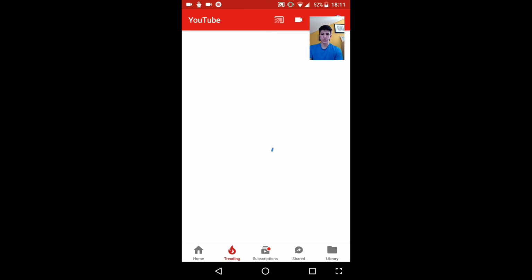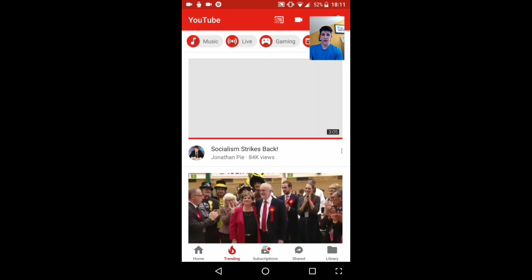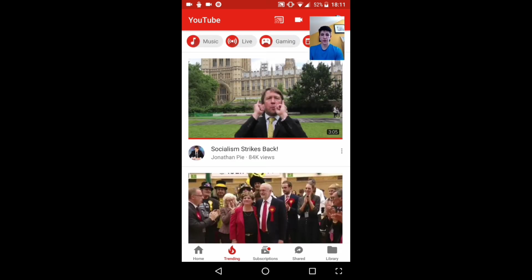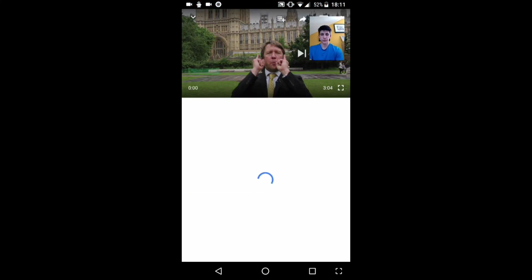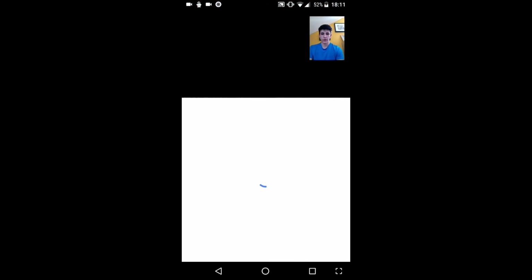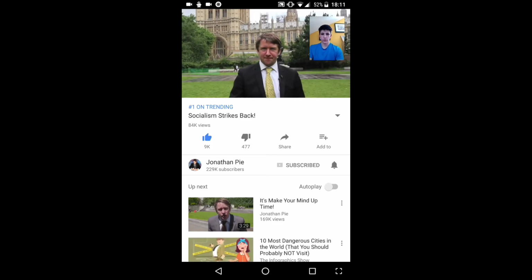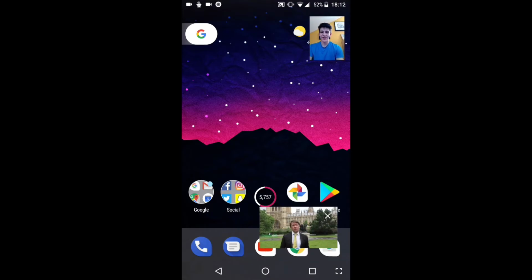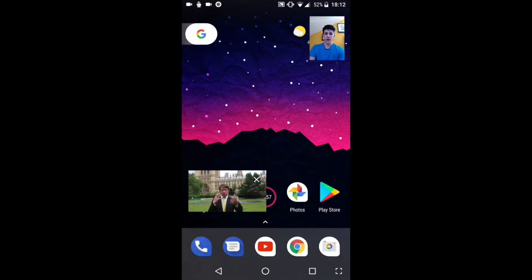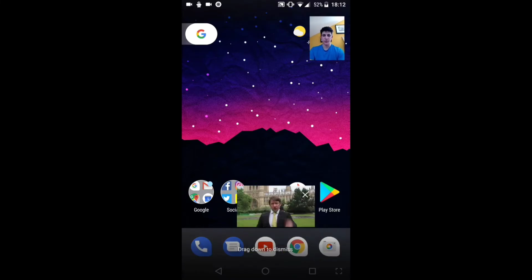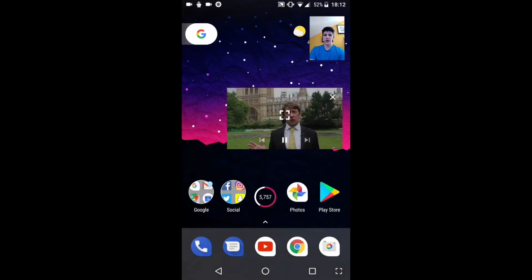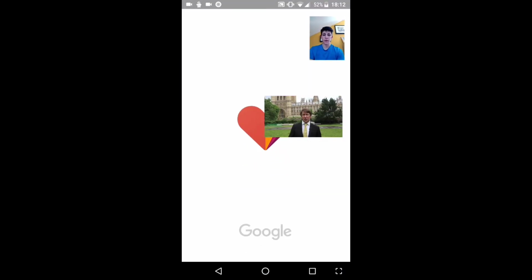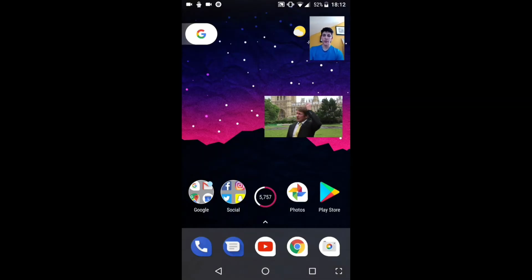Right, so let's get a video up for you. Let's watch this one. Right. So as you can see, you press the button at the bottom, and you can drag it around the screen. You can swipe it to the bottom to dismiss it. You can make it bigger, pause it, get rid of it from there. And if you go in, didn't mean to open that. If you go into the